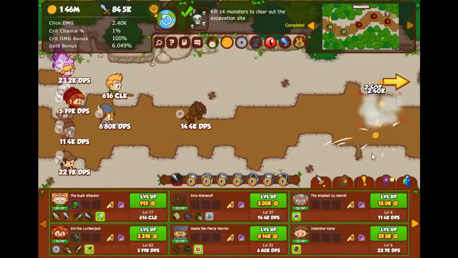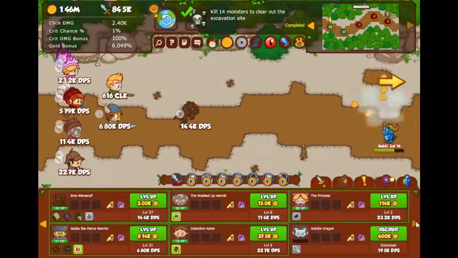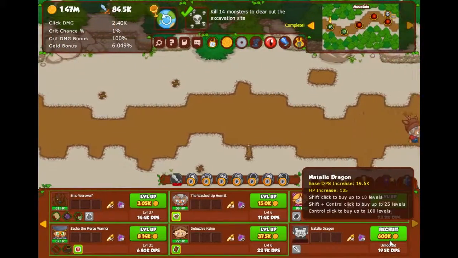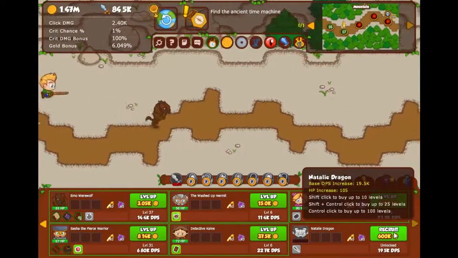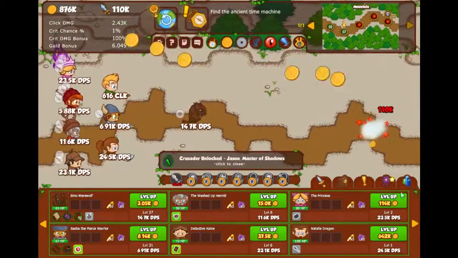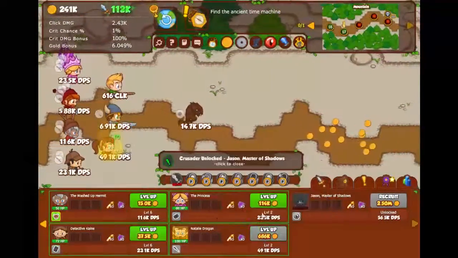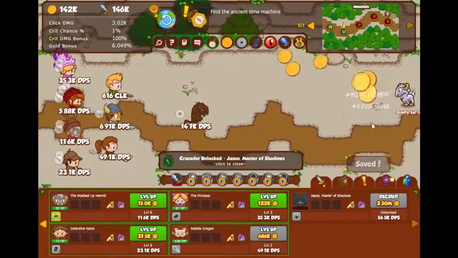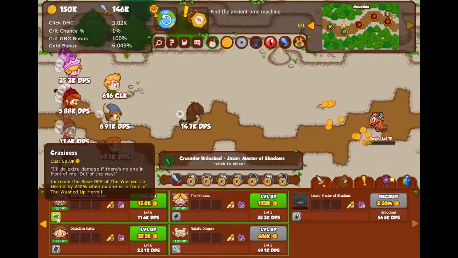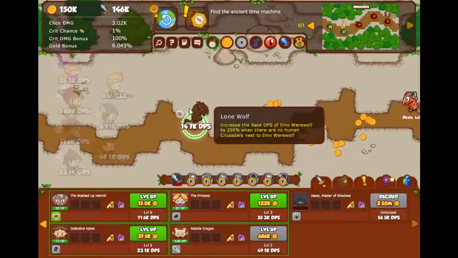Okay, so I have an absolute, I will say, metric ton of gold right now. So I'm gonna do some upgrading, and then we're gonna call it here. Not before I recruit this last guy. And of course, there's even more people to recruit. I'm gonna give this guy... Let's see. Oh, he gets an upgrade if there's no one in front of him. But the werewolf needs...